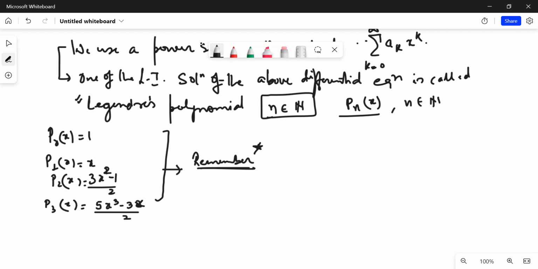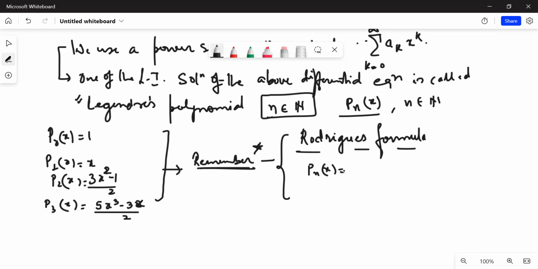Now one would be very inquisitive as to how one can remember these Legendre polynomials. The answer to this has been worked out by mathematicians, and one can use a formula called the Rodrigues formula in order to generate polynomials. In order to generate the Legendre polynomials, the relevant Rodrigues formula is given by 1 upon